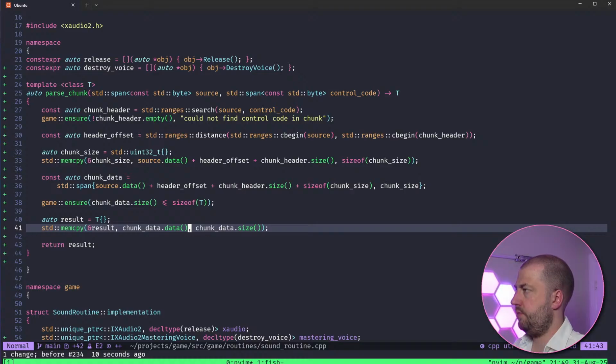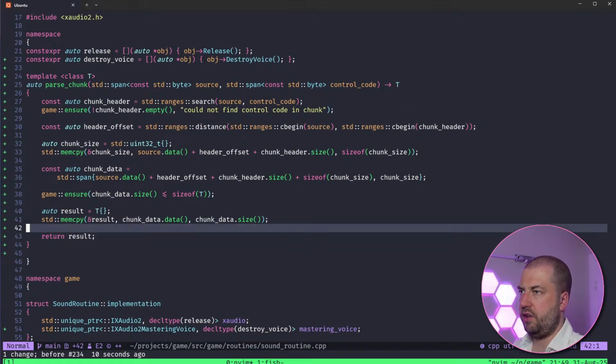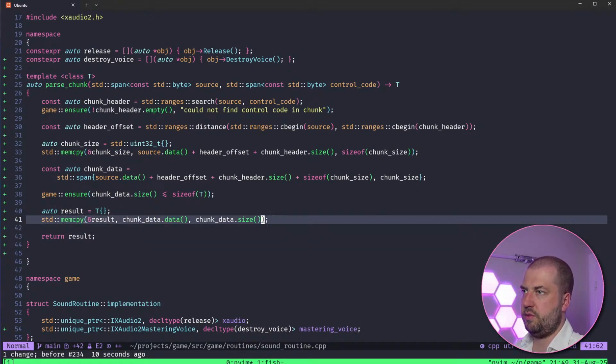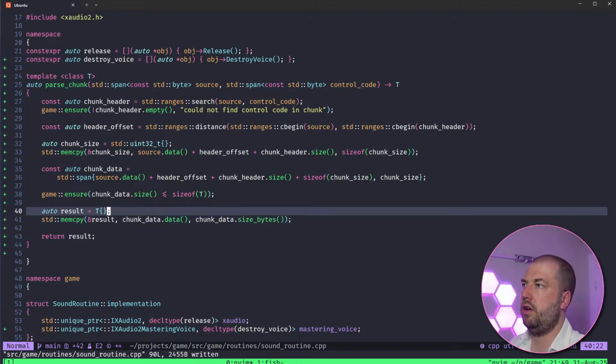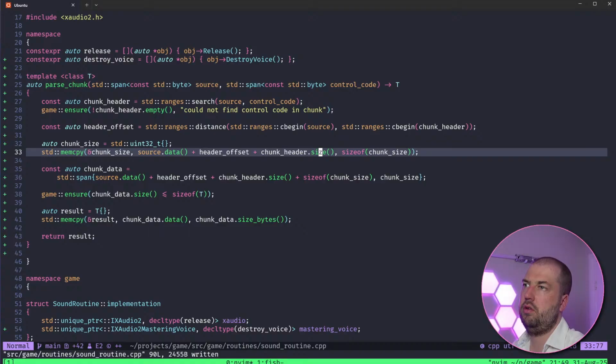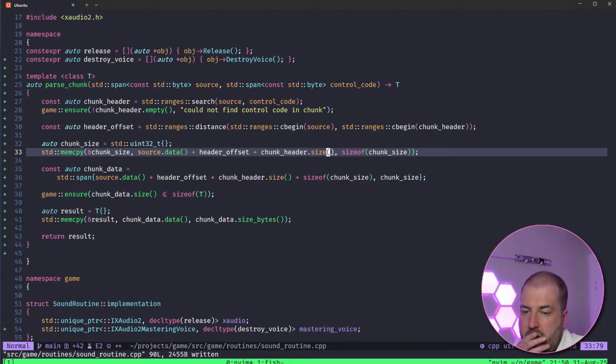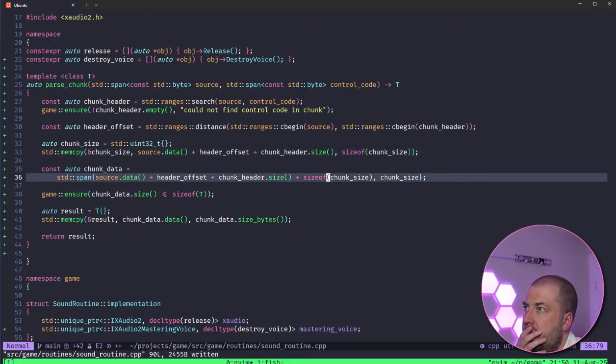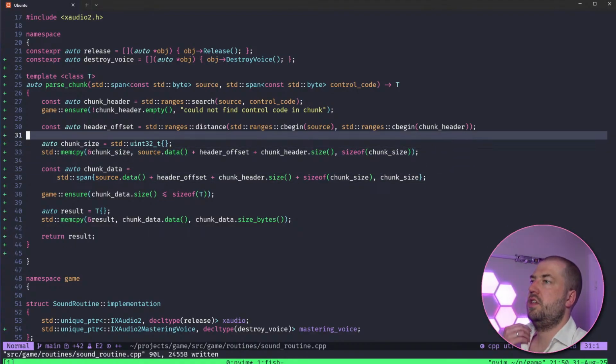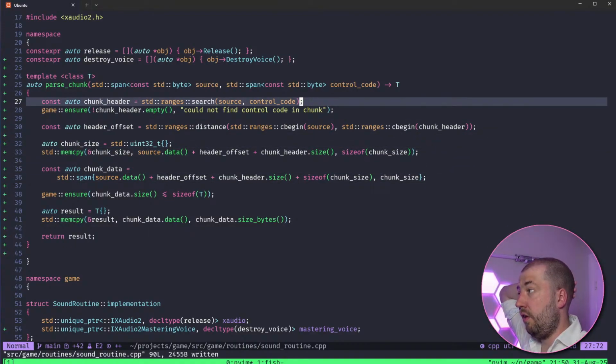Nope, sorry, ignore me. What I want actually is, I know it's the same, but just to be size bytes, just to be super strict on that. Probably want that there as well. Oh no, wait a minute. Nope, ignore me. That's fine. No, because chunk header is the result of the ranges, so I think that's fine.